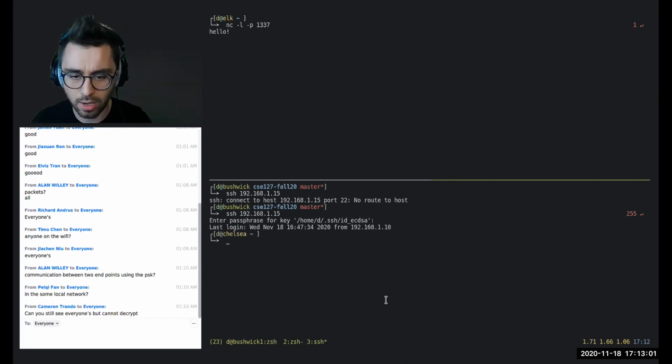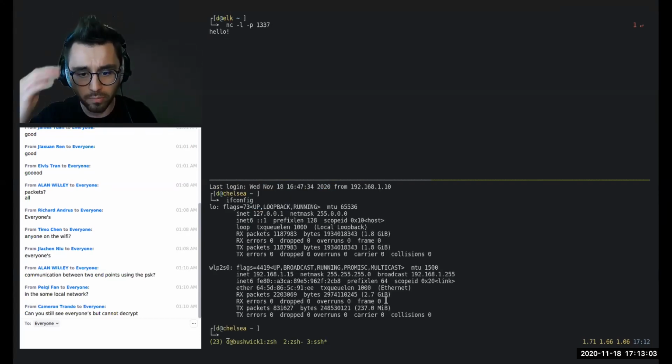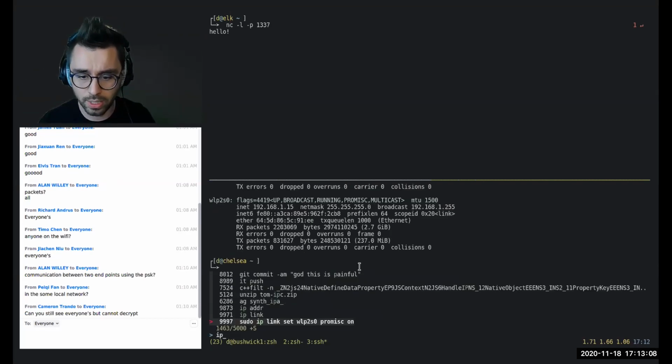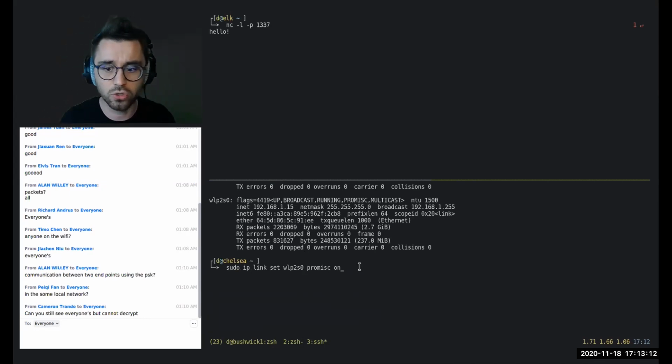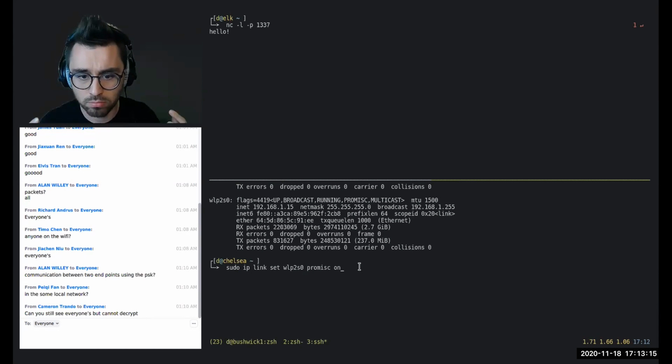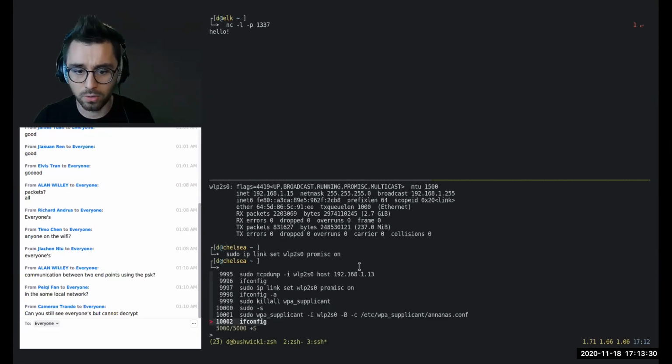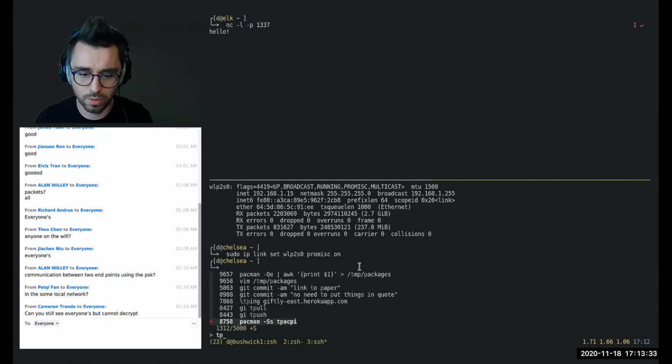And I've already turned on the Ethernet device into promiscuous mode. So IP link is the command that I ran a little bit earlier. This basically configures your network interface card, your NIC, to listen to anything, not just things destined for this particular MAC address. So I should be getting traffic from anything connected to this Wi-Fi where I have a pre-shared key. And the way we're going to look at that is with tcpdump.